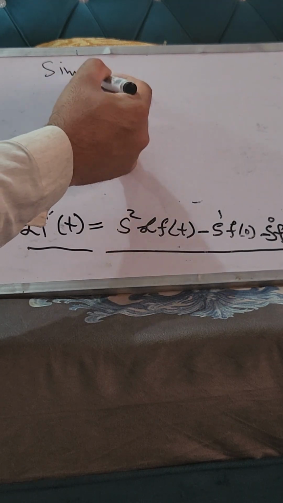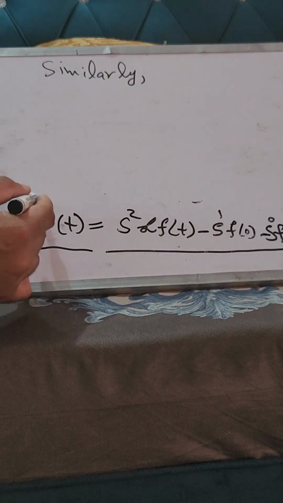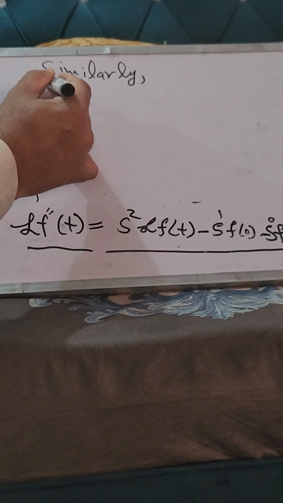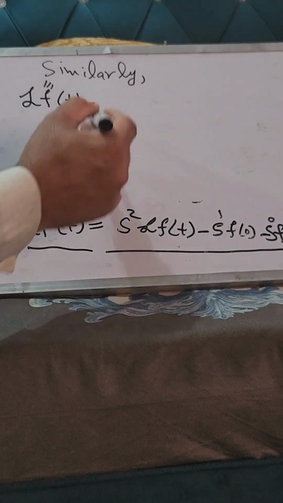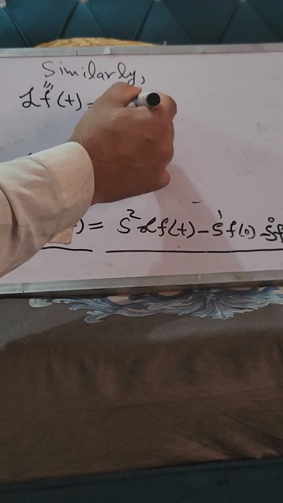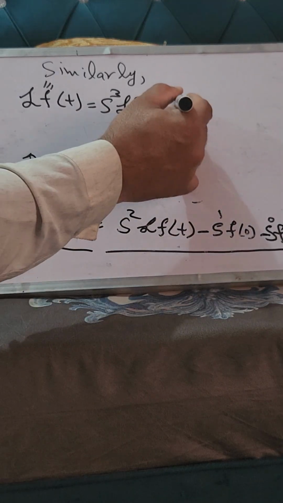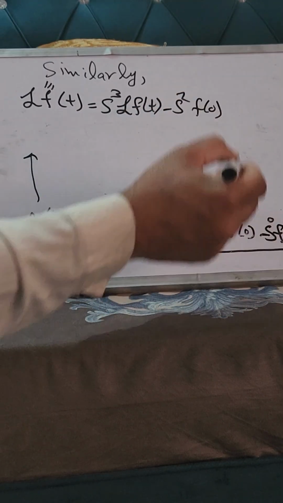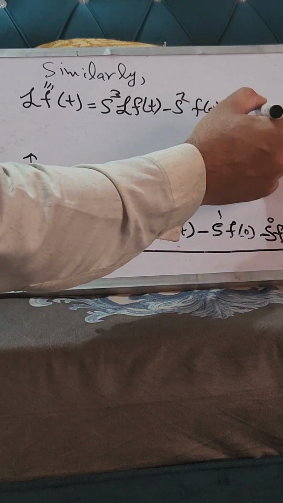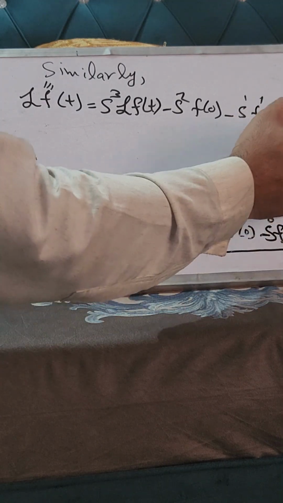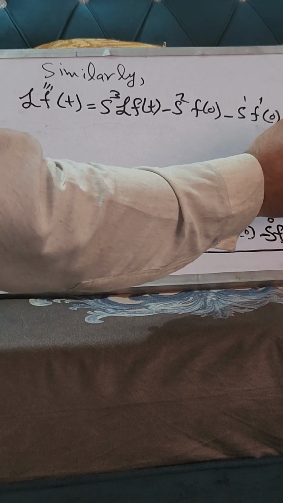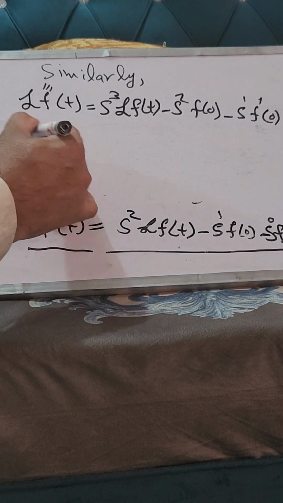Similarly, we can use this to find the Laplacian of the third derivative of f of t, which is s cube times the Laplacian of f of t minus s square f of 0 minus s to the 1 f prime of 0 minus s to the 0 f double prime of 0. So this implies that